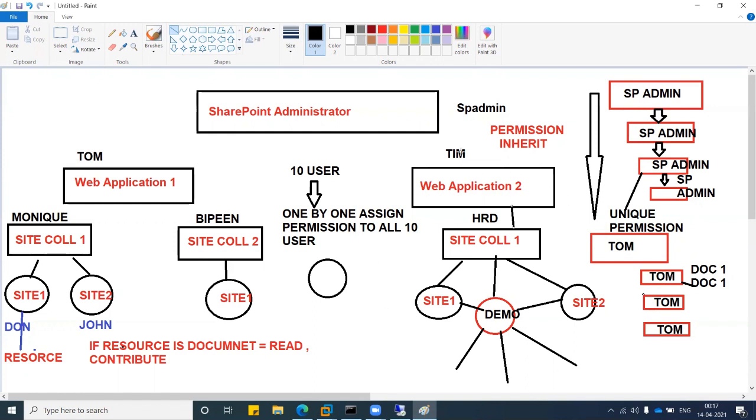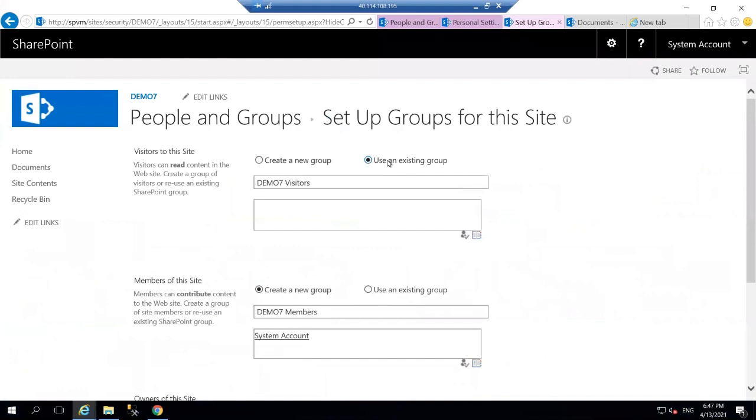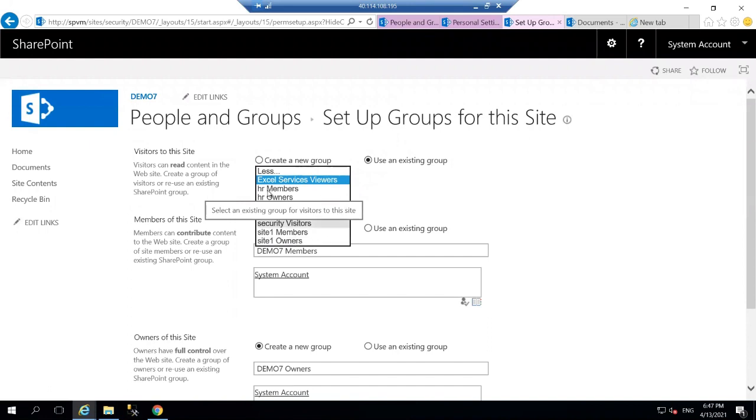No matter who creates the group, it is going to be available everywhere. So that is the reason why on this new site, I'm able to see the group created by another site member, for example, HR. This group is created by the HR sub-site administrator, but it is available for me to use. So it means that in a whole hierarchy, no matter who creates the group, it is available everywhere to use by